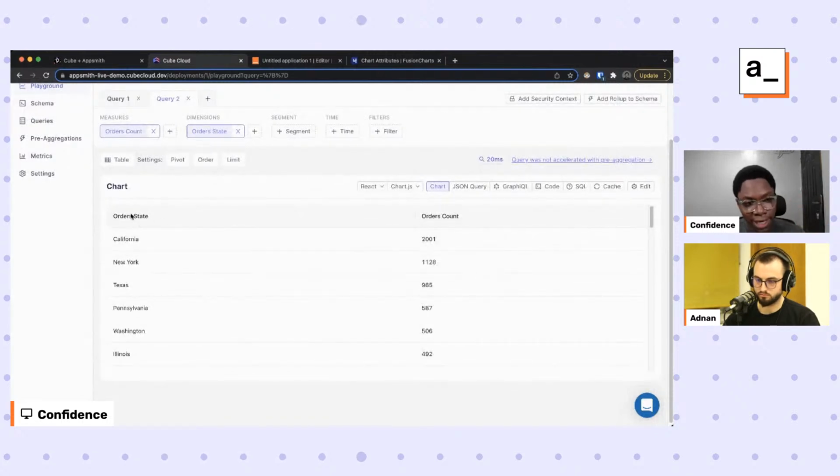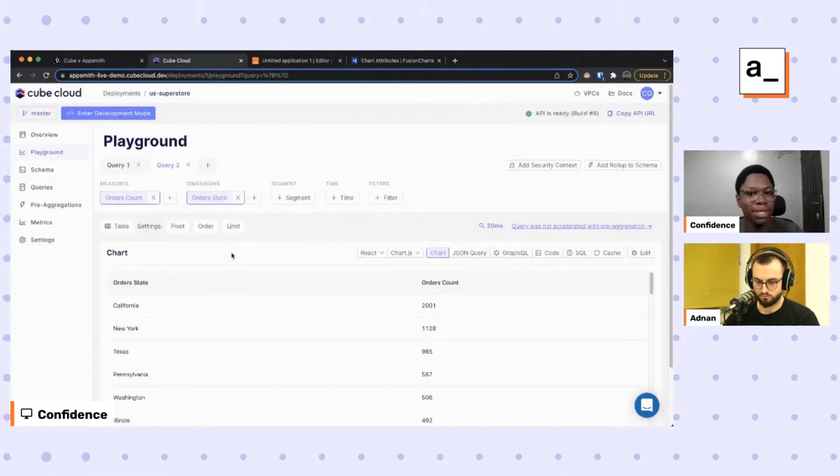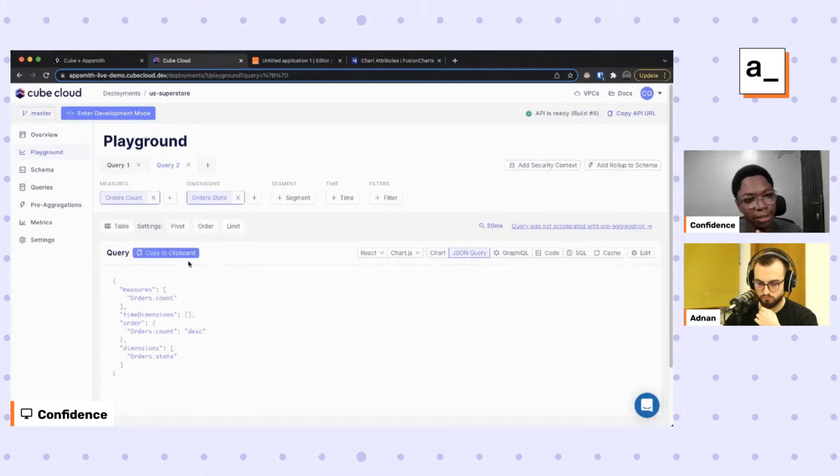We can see the state on this column, and we can see the total count of orders for each state coming from the database. So this looks good. This is exactly what I need on the dashboard, and I can go copy the JSON query for this. So I'm just going to copy this,